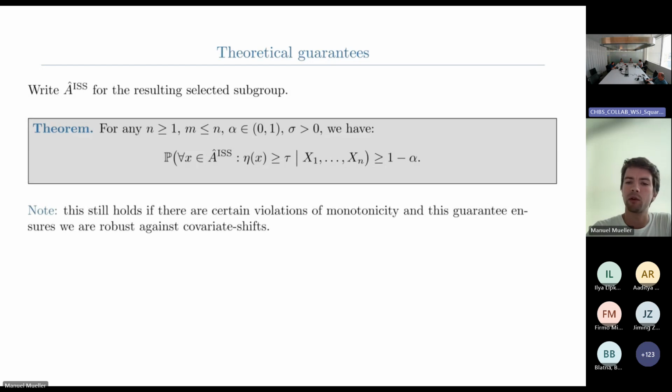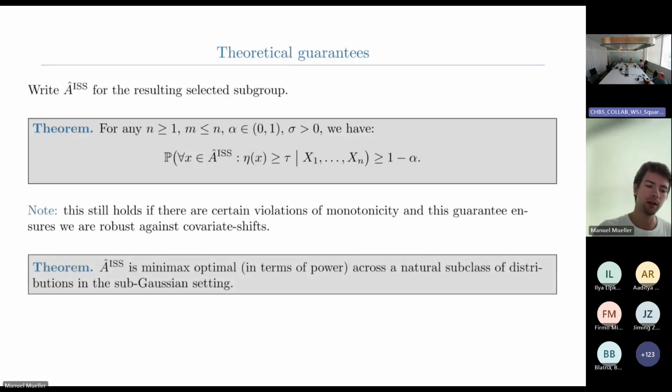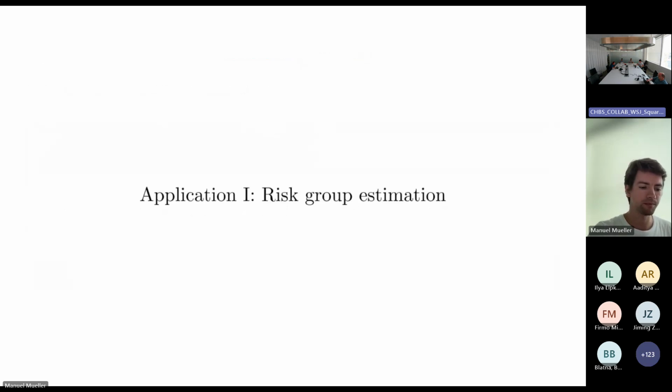In particular, the regression function can be monotonically decreasing. For increasing, we just have to flip some signs, and the same exact procedure follows through. And we also have theory telling us that this procedure is minimax optimal for those interested in power guarantees.